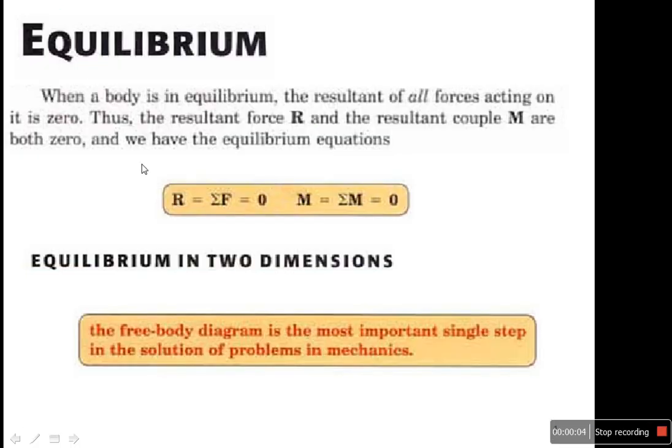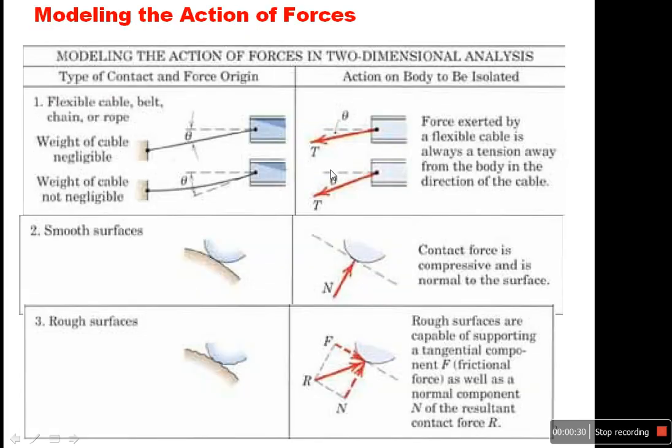Equilibrium. When we say the body is in equilibrium, that means the summation of all forces equals 0, and the summation of all moments equals 0 as well. The most important step in the solution of problems is the free body diagram. To draw the free body diagram, we have some cases that we have to